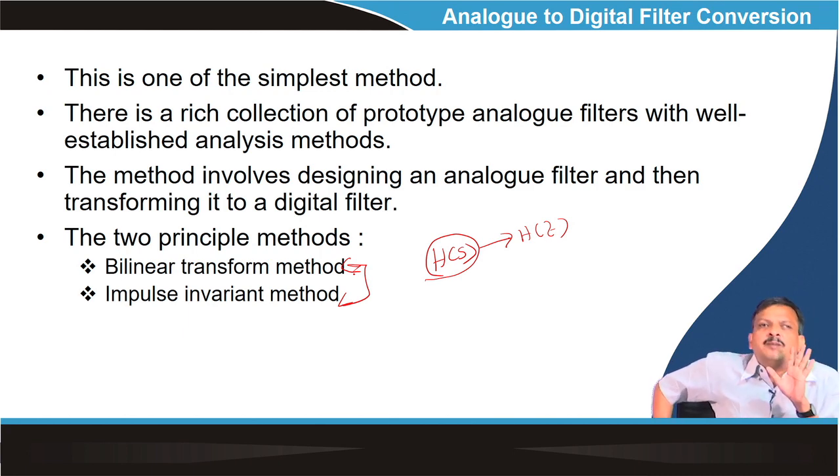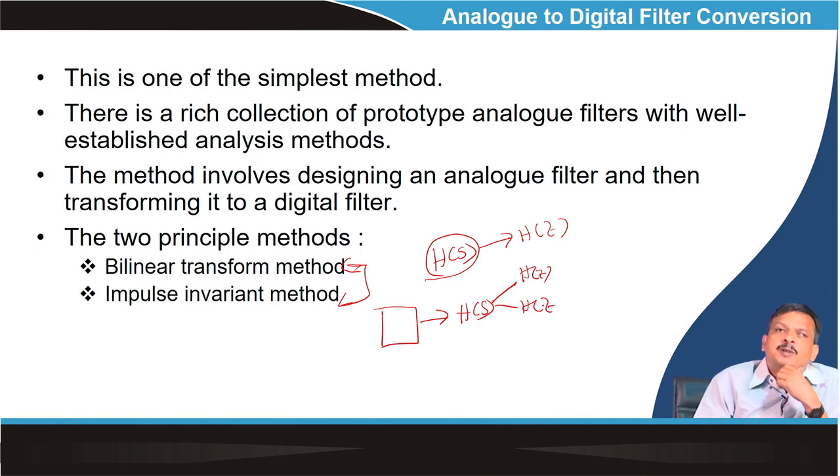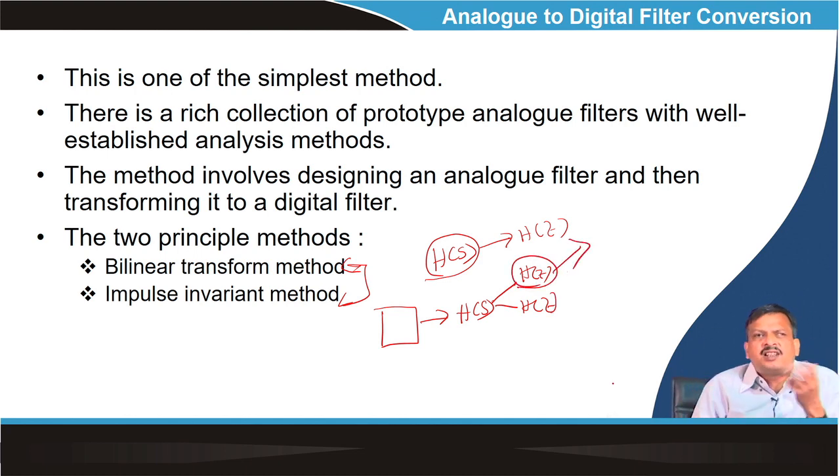So, the analog filter design method can be summarized like that. First, you design the desired analog filter, or I can say from the given specification derive the analog filter transfer function H of S. Once I get H of S, I can convert it to H of Z using either the bilinear transformation or the impulse invariance method. Once we get H of Z, I can implement it using discrete structure 1 or discrete structure 2, and implement it in the computer.